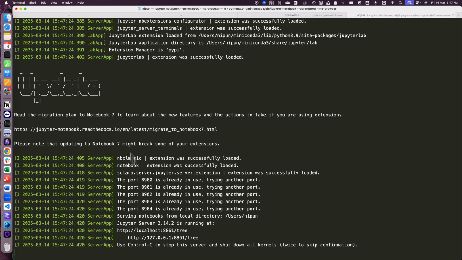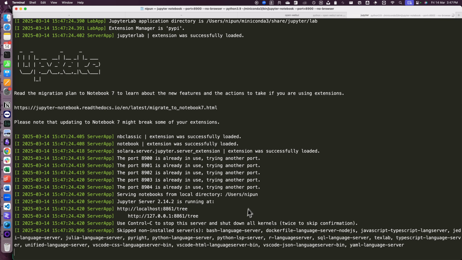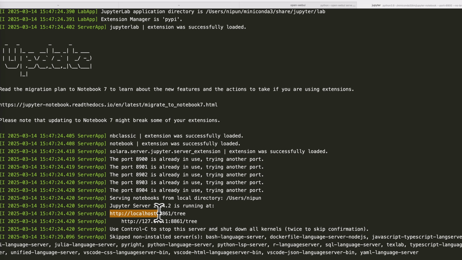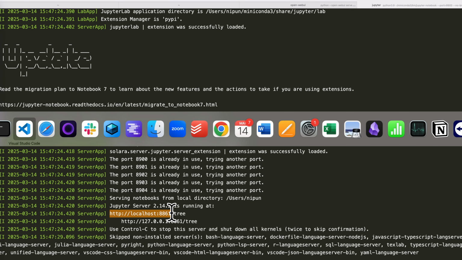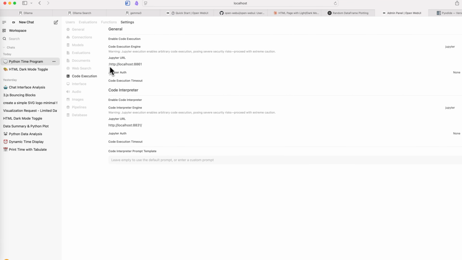Okay, so it did not pick up the port 8900. I think it might have been restricted, but it's instead giving us this port 8861. So we can make use of this port, go to Open WebUI, modify the Jupyter URL,